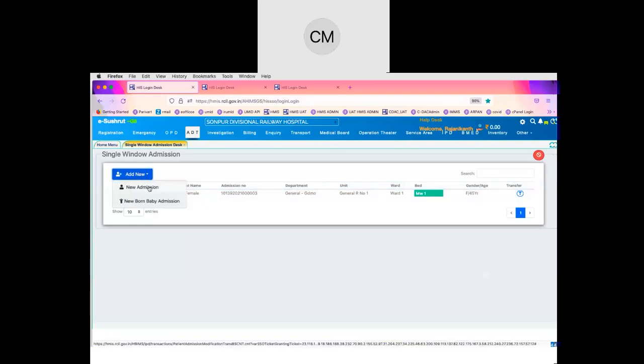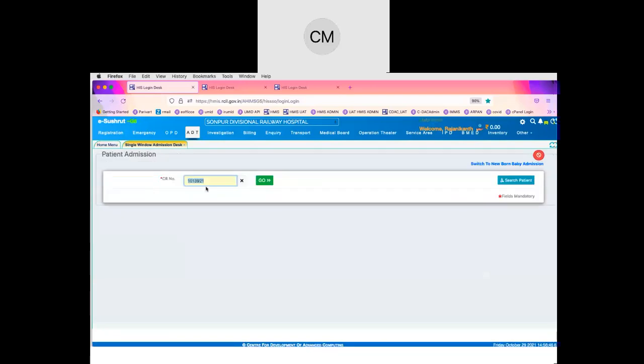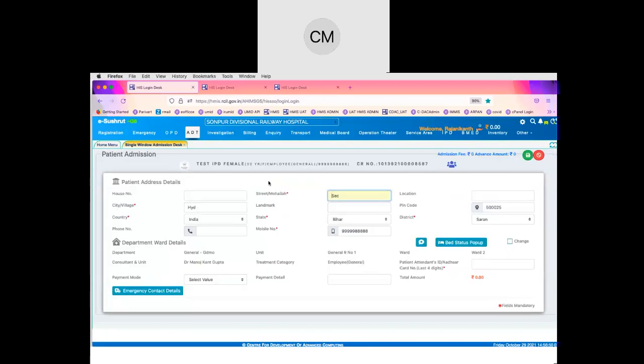Here we can click on new admission, and we have to enter the patient identifier. After entering the patient ID, it will automatically show the admission advice that has been raised by the doctor.